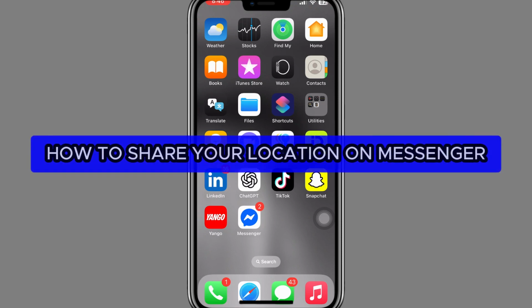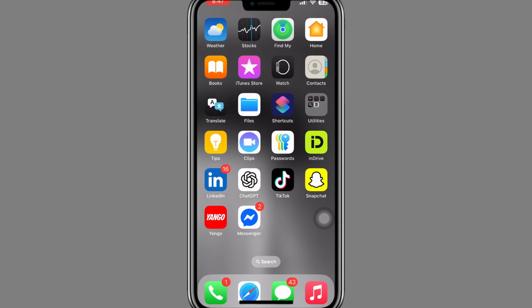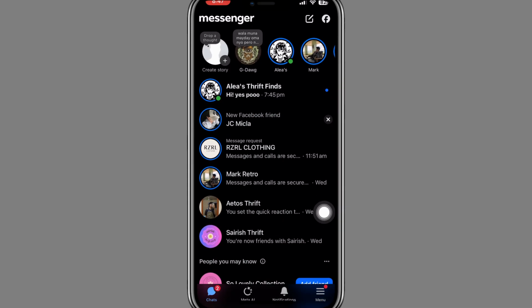How to share your location through Messenger. In this quick tutorial, I'll guide you through how to share your location on the Messenger app. So let's get started. First, open the Messenger app and select the person with whom you want to share your